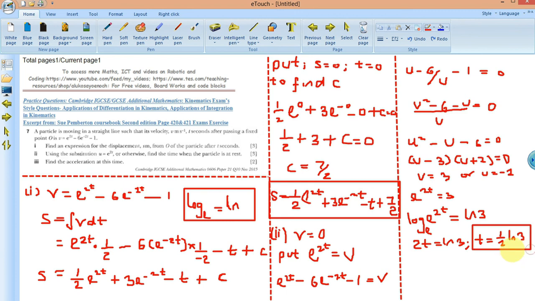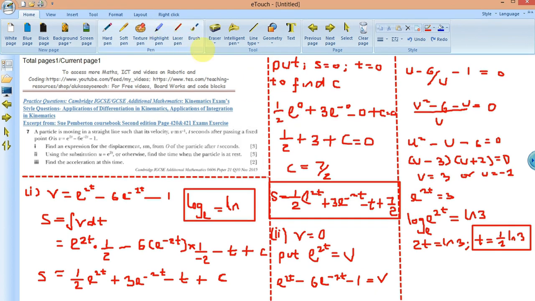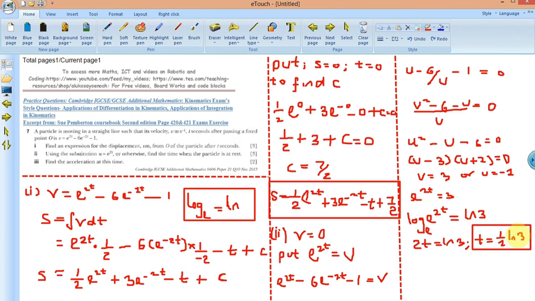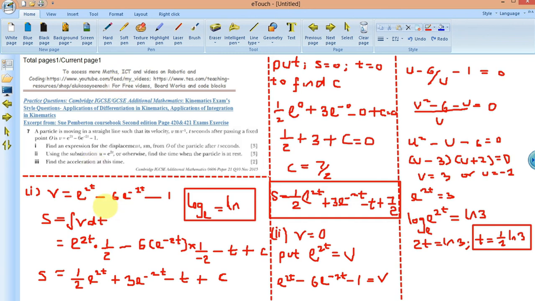So finally, find the acceleration at this limit. At this limit, that is when t is half ln 3. So we want to find the acceleration. Yeah, guys, this is pretty cool, right? So when you find acceleration, go ahead and differentiate the velocity. And this is the velocity. Go ahead and differentiate this. Now at this point, I need to use